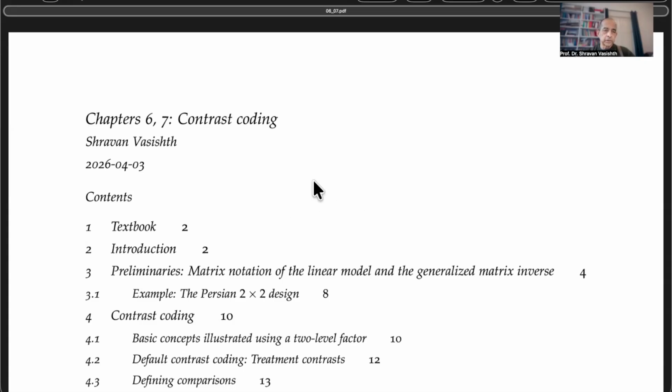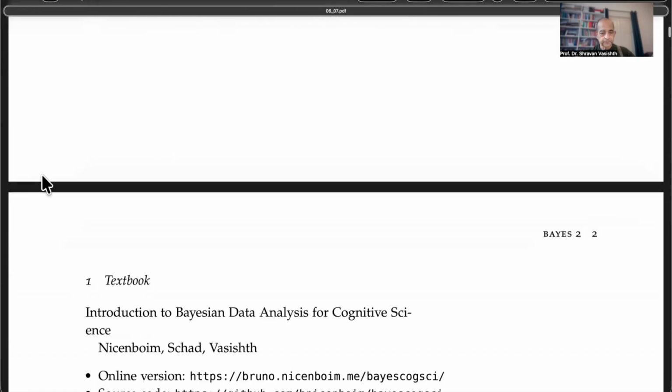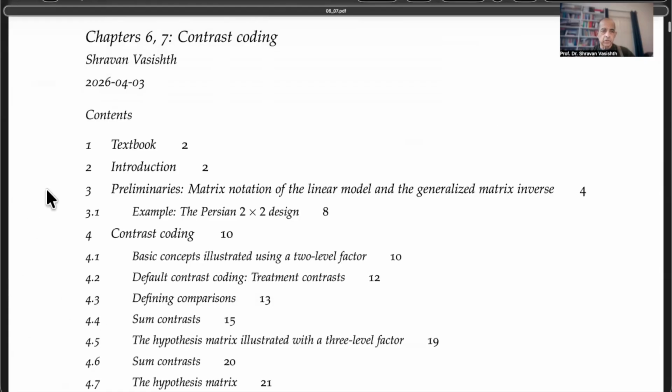So in base 2, we are going to start with chapter 6 and 7, which are about contrast coding. So let me introduce the idea. Let me just give you an idea of where we are going. So we're going to talk about the matrix formulation of the linear model. So just the standard linear model. And the reason we will do that is that this will lead us to the generalized matrix inverse, which is a very important